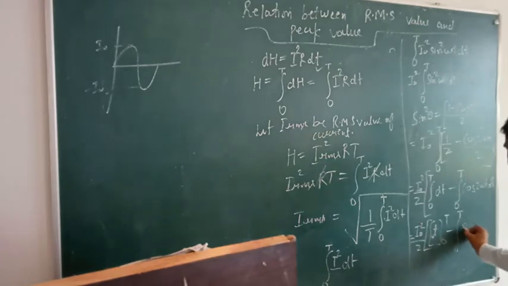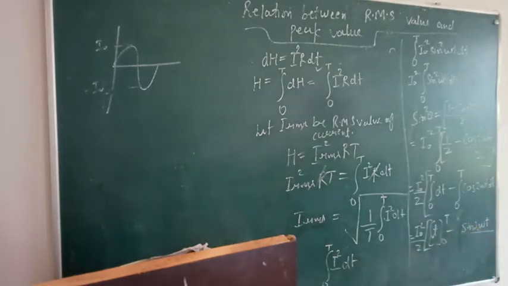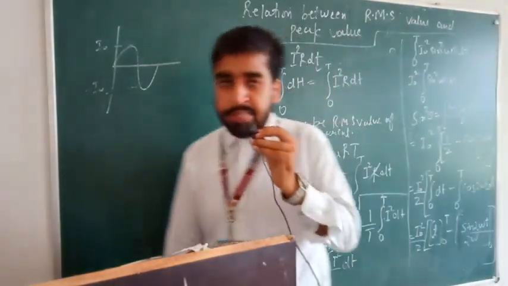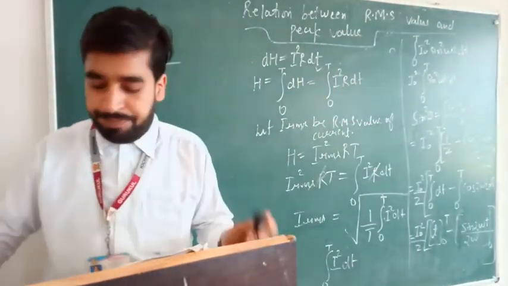So this will be sine 2 omega t divided by, because we have done the integration, so the integration sign is removed. Now the coefficient of t will be there in the denominator, so upon 2 omega. The limits are yet to be substituted. So this will be the expression. Now, let's solve it further.